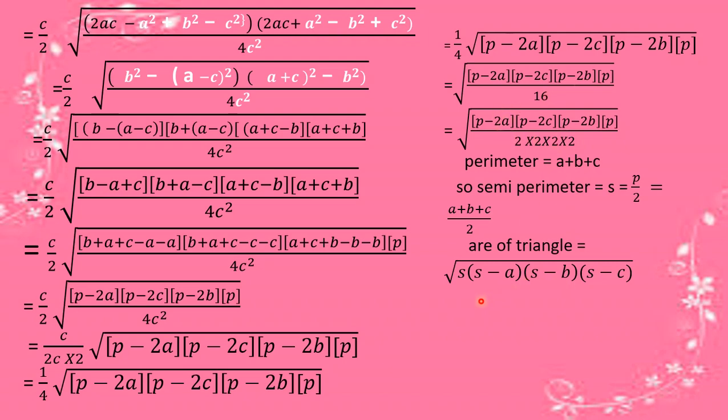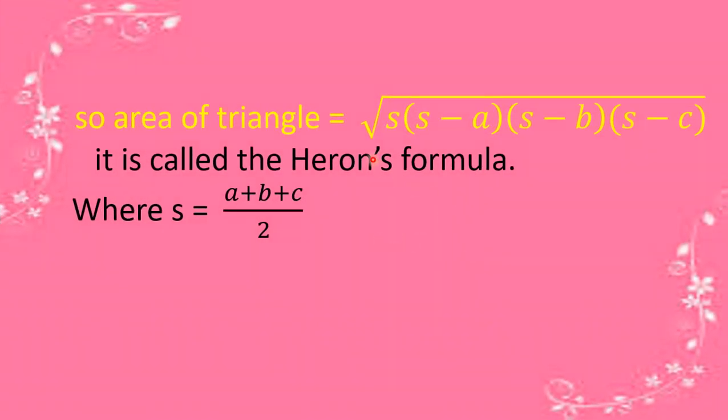When we further solve it, we get the area of the triangle, that is under root s minus a, s minus b, into s minus c. It is also known as Heron's formula, the name given after the great mathematician Heron, who generated this formula. So here, s, that is a plus b plus c upon 2, is known as the semi-perimeter, and then area of the triangle becomes under root s minus a, s minus b, into s minus c. So we get the area of the triangle when its 3 sides are given.